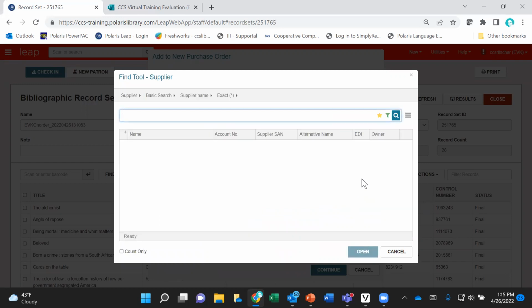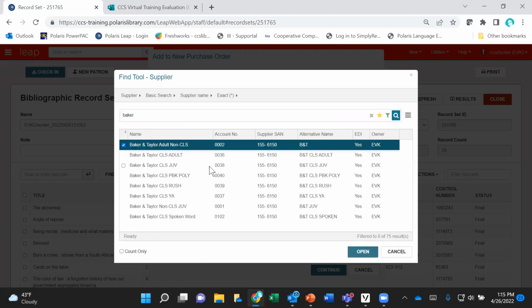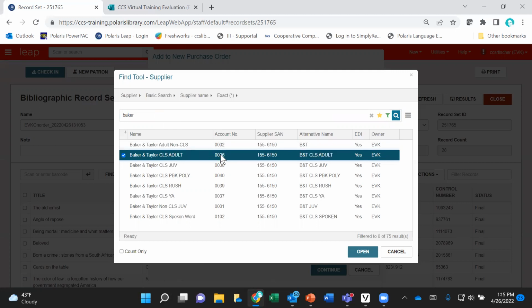And then I'll press apply. The filter symbol turns green when the filters are applied. And I will just search for all supplier records for Baker and Taylor. And we'll select one of these,